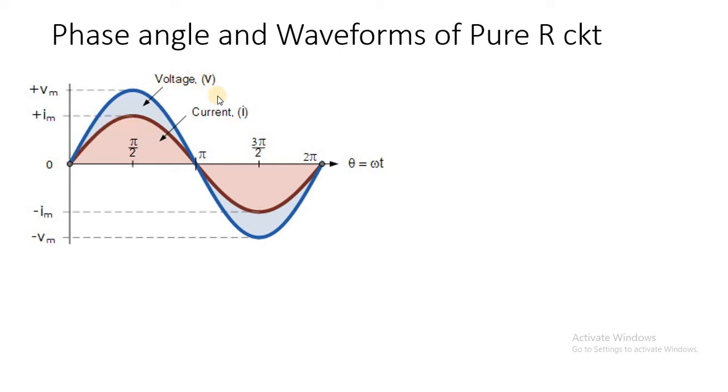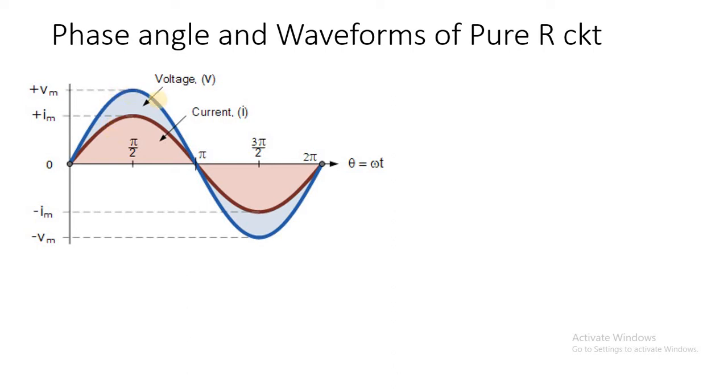So both voltage and current waveforms are in front of you on your screen. This figure represents that both waveforms start their positive half cycles at omega t equal to 0 and end the positive half cycle at omega t equal to pi. And they start their negative half cycle at omega t equal to pi and end their negative half cycle at omega t equal to 2 pi. Their amplitudes are different. The voltage amplitude is Vm and the current amplitude is Im, which is equal to Vm upon R, which is lesser than Vm. So the amplitude Im is lesser than the value of Vm.